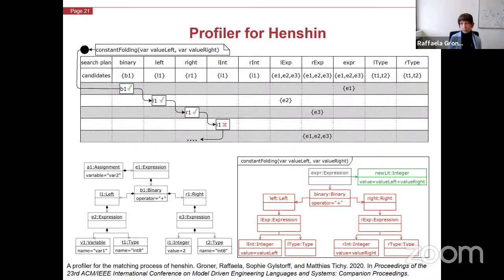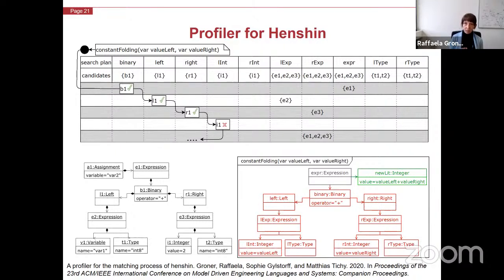It revokes the latest binding and all restrictions this binding caused, and then the engine tries to find a new binding for the node. This is the way the matching process works, and it continues until a match is found and the transformation rule can be applied, or until no match can be found and the application of the transformation rule fails.